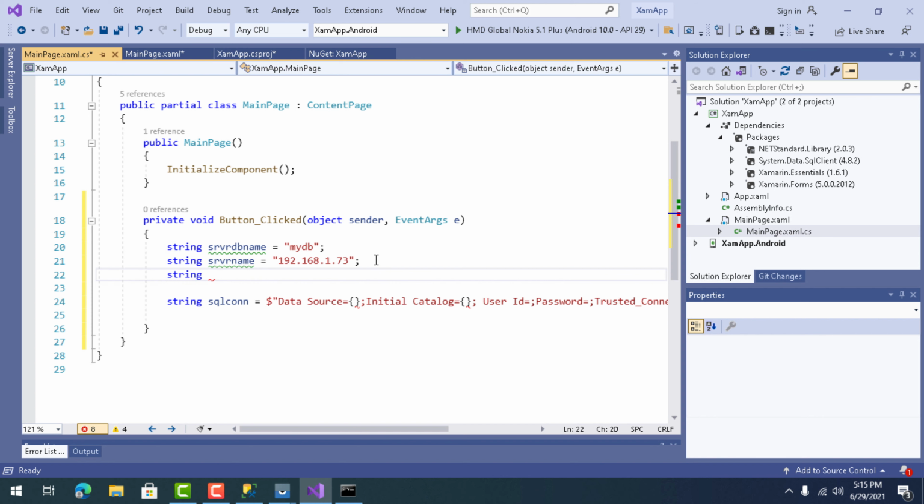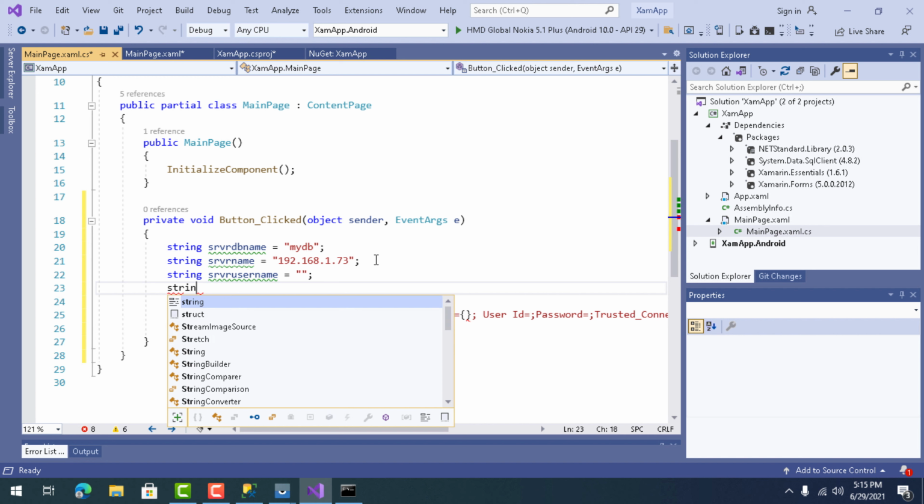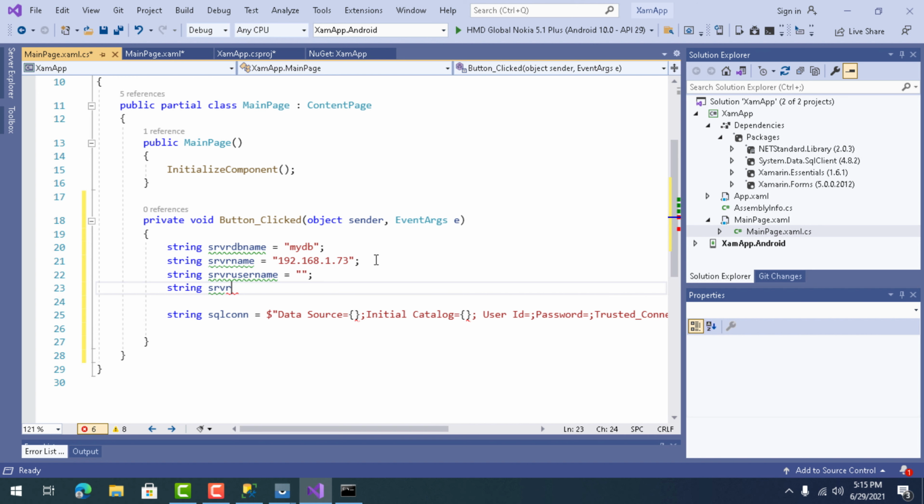Now our next thing is we are going to add our user ID as well as the password, that is server user name is the user ID and the server user password is the password that will be used. So server password,